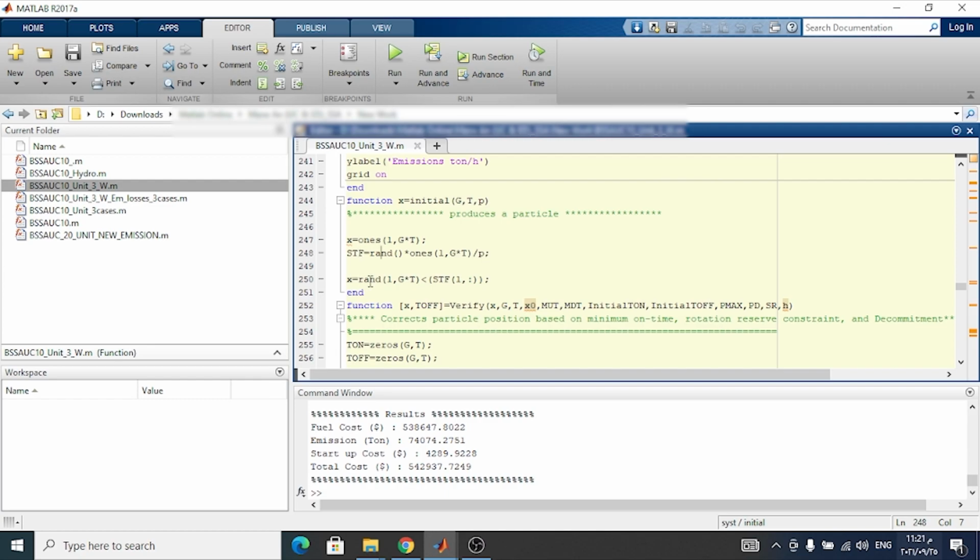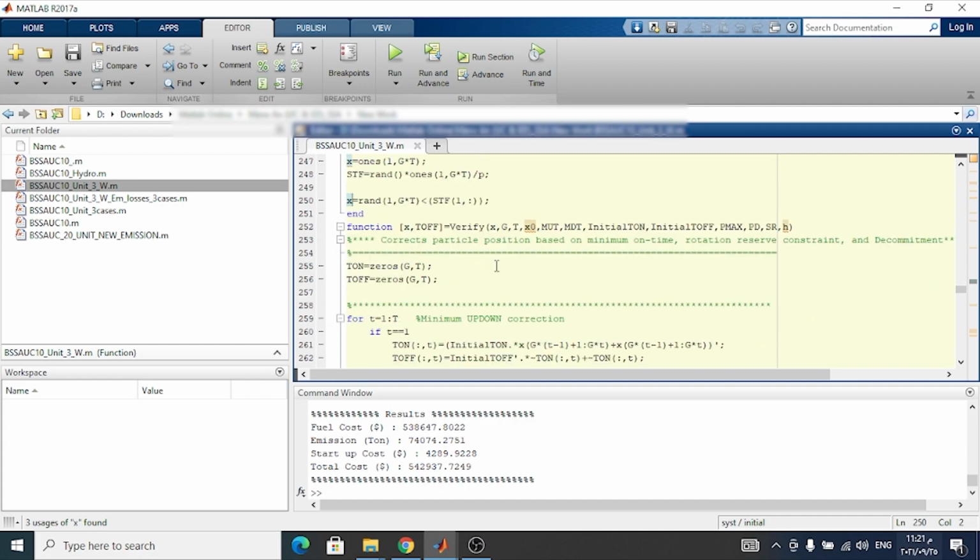Then we compare between the STF that we calculated here and the random numbers and put it in the x as the initial states, and therefore